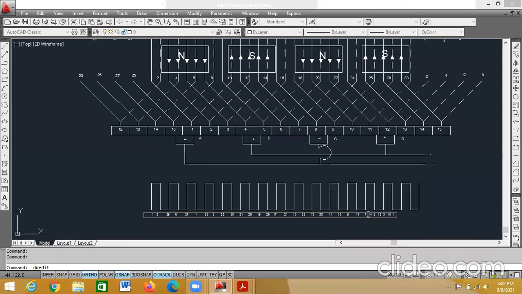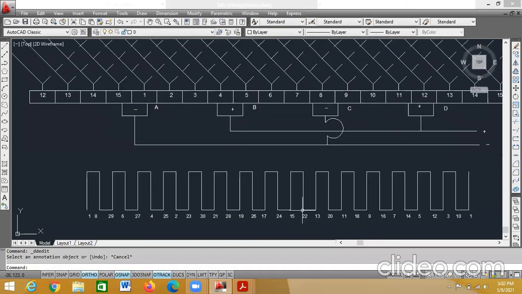This is space bar. Okay. Now this is okay. We'll keep it as it is. Okay. You can zoom it so that it is clearly visible to you.